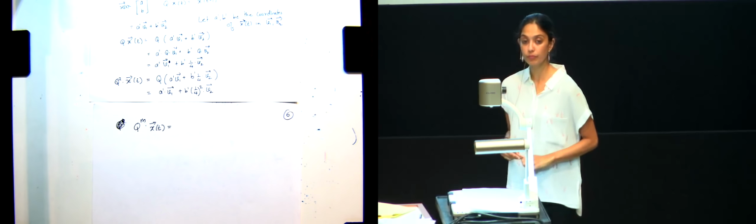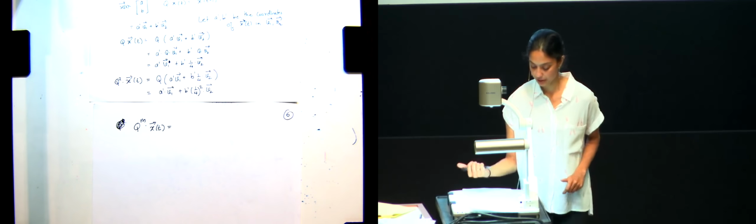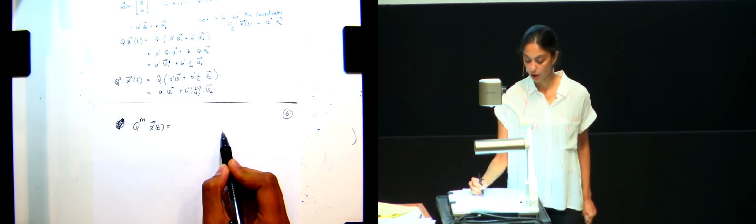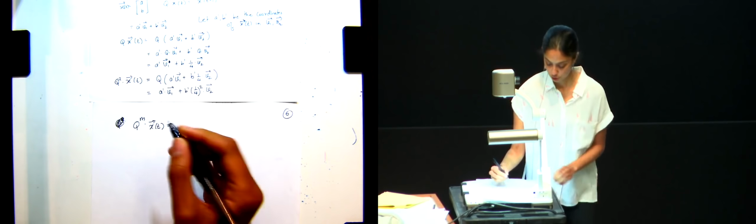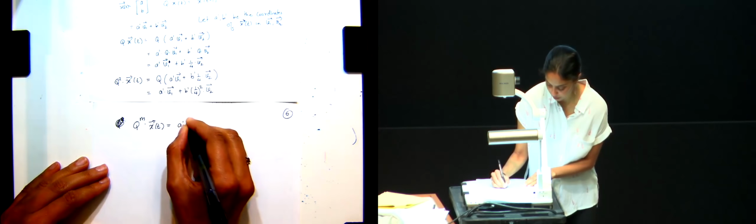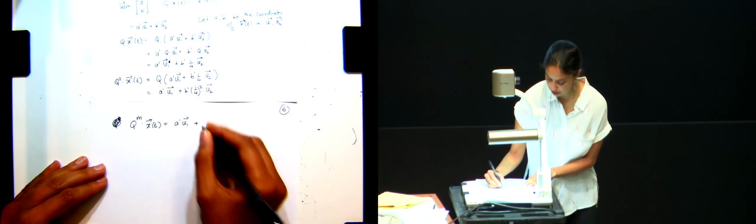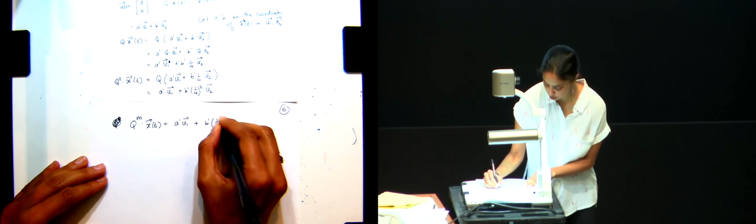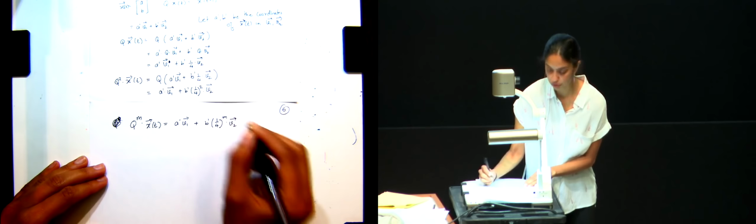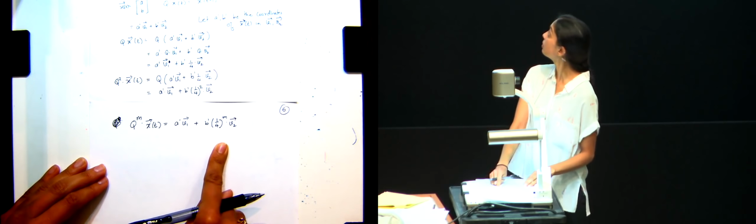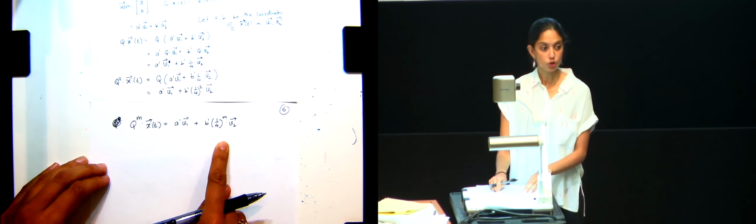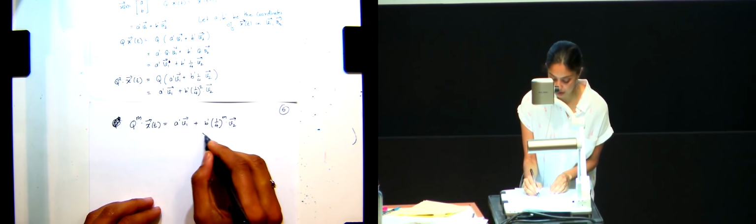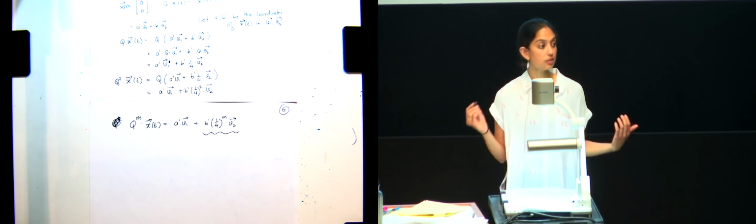So now, what happens here? Can we write this out as a linear combination of v1 and v2, doing exactly what we've done so far? So what is this? A prime times v1 plus b prime times 1/4 to the m times v2, right? Does everyone see that? So as m goes to infinity, as m gets larger and larger, what is happening to this guy? He's going to 0, right?